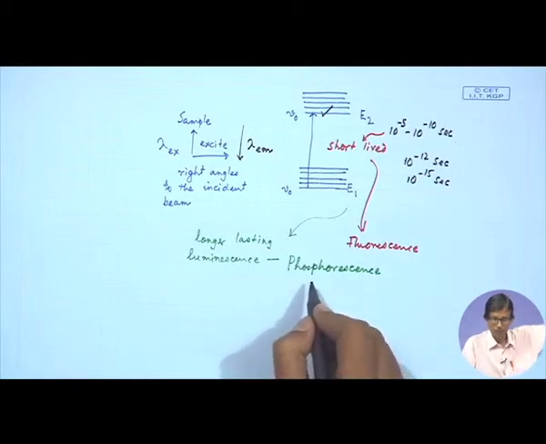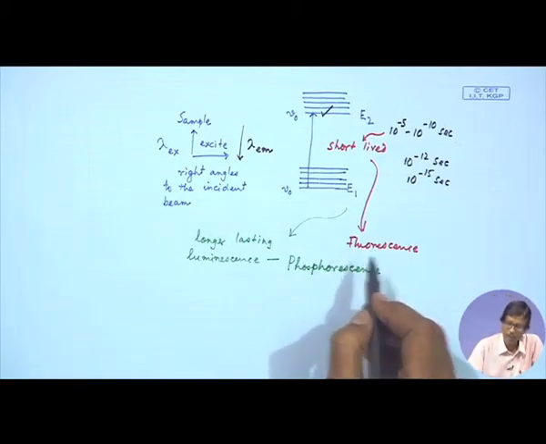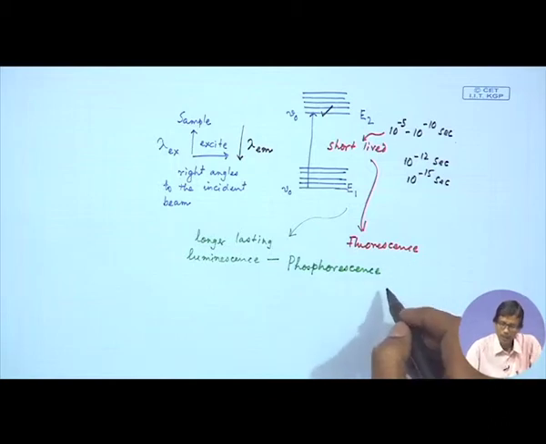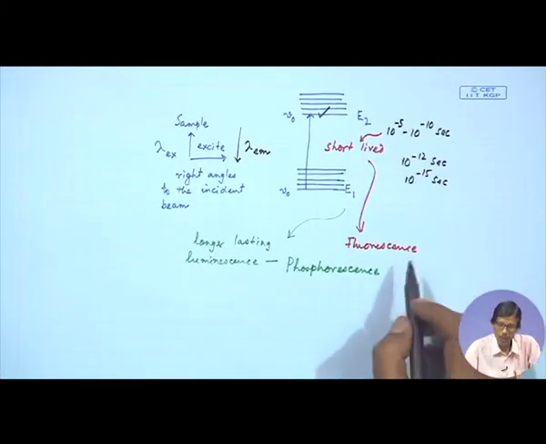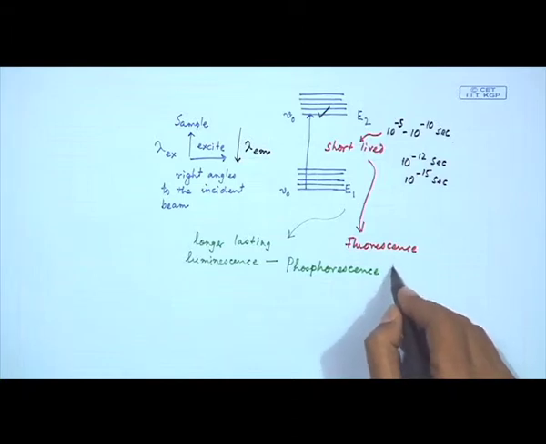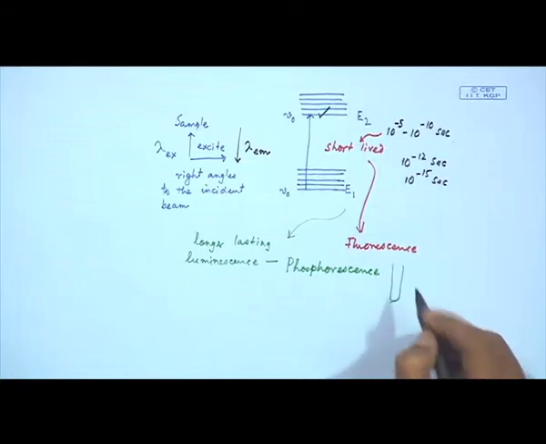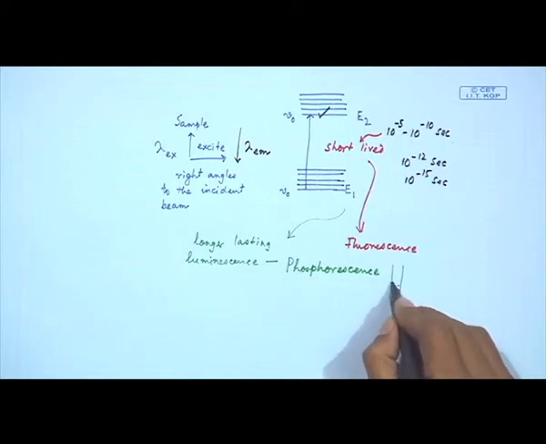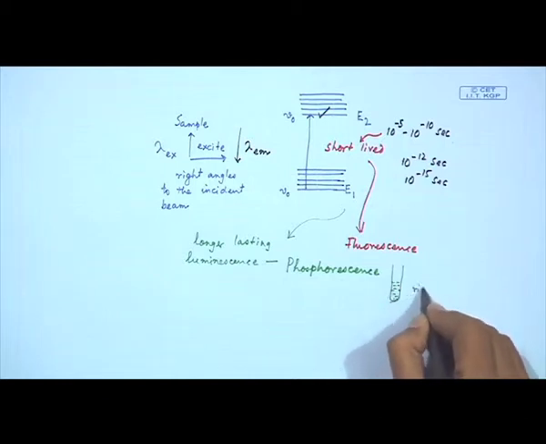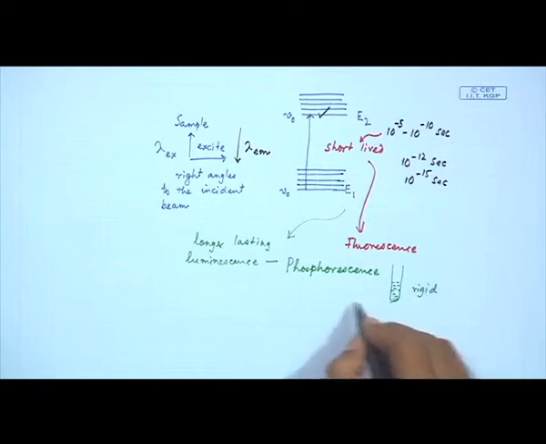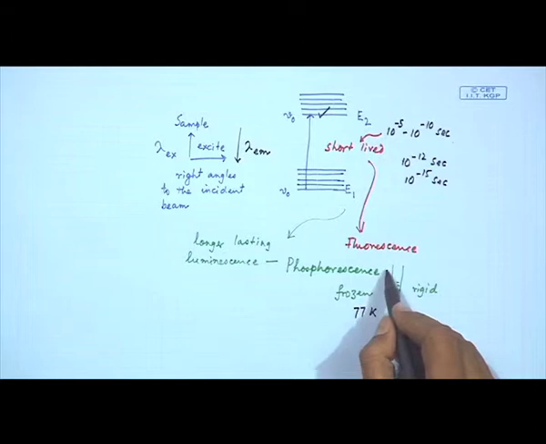So, the phosphorescence process will have a longer lifetime, and sometimes the corresponding treatment for the sample holder and all these things are much more complicated. Sometimes you have to cool down the sample, because the thing should be very rigid. Why it is rigid, we will discuss now. It can be in the frozen condition such that we can increase the rigidity of the material by putting the sample at a very low temperature, such that you have some arrangement where you can have the